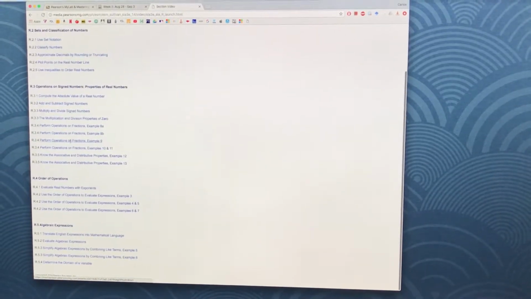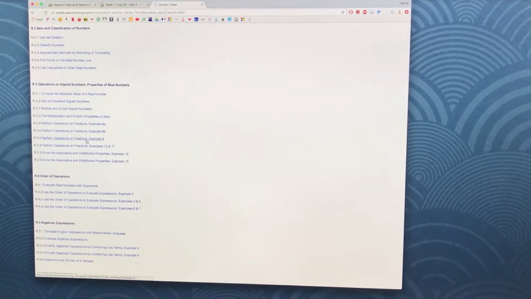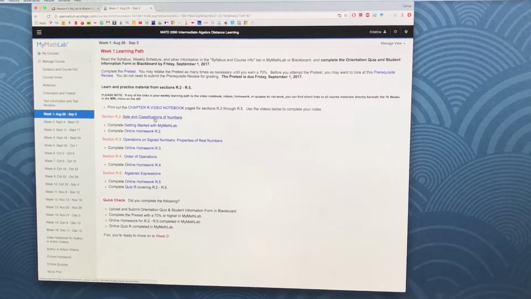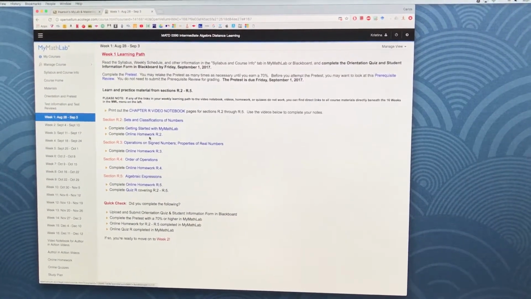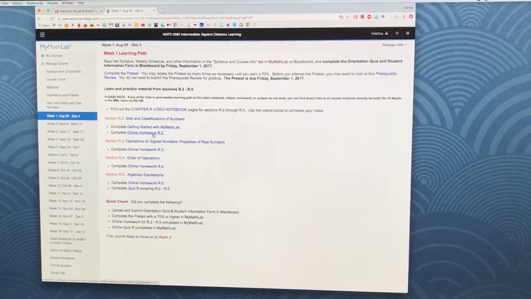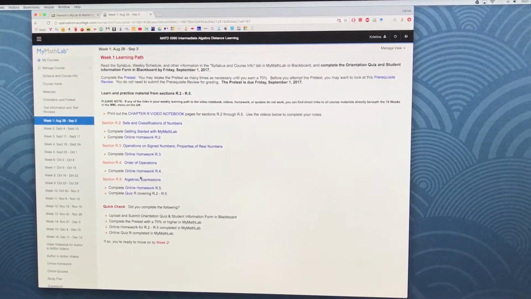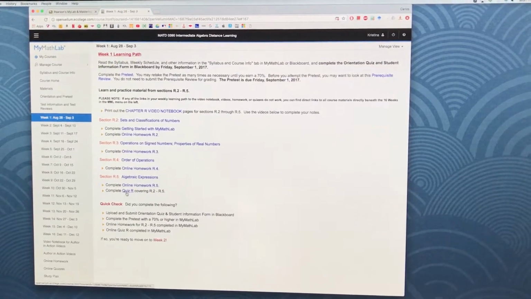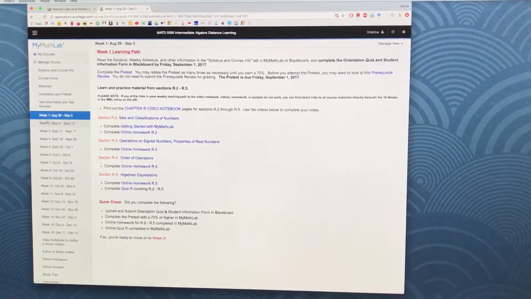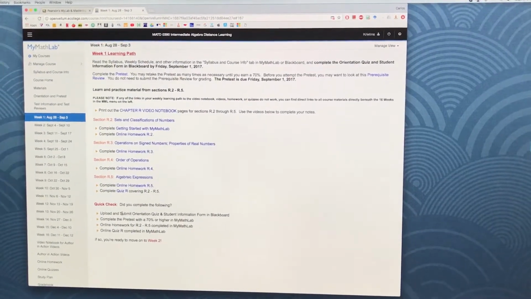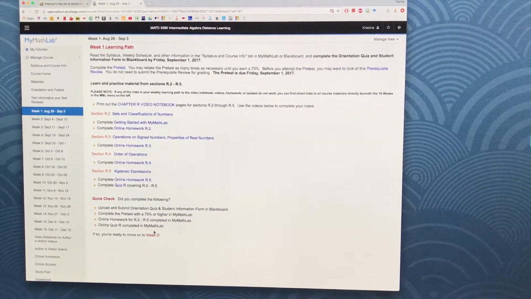And here in the beginning, you were covering a lot more in review, so you may need more time than that. But as you go forward, you can see here it tells you to go ahead and watch the video, do your online homework corresponding to that video, continue on, do the homework, continue on, do the homework, continue on, do the homework, and then take the quiz. The other nice thing about each one of these weeks is that it gives you a quick check down here. So if you're not sure if you've done everything, you can check that you did everything that was required